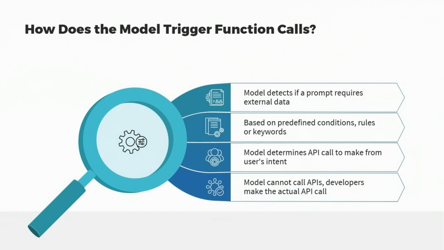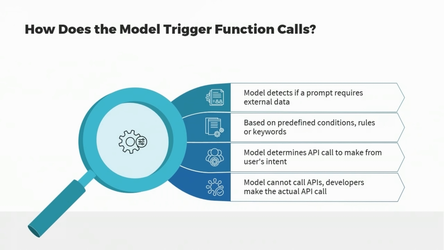The model will not make the API call for you. Remember that making an API call will involve authentication and authorization, and the model simply will not have the information to be able to make the API call correctly. It's up to you as the developer to parse the model's response, make the API call, and get the response